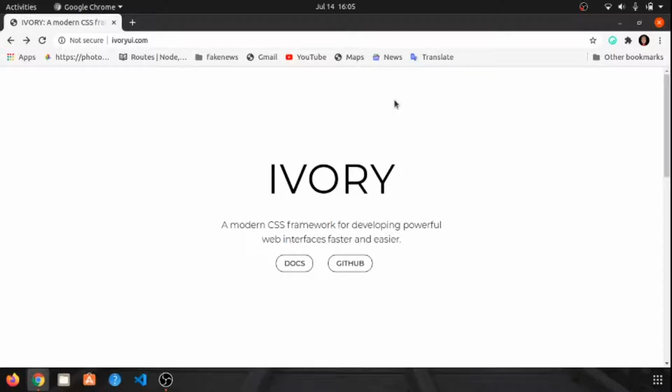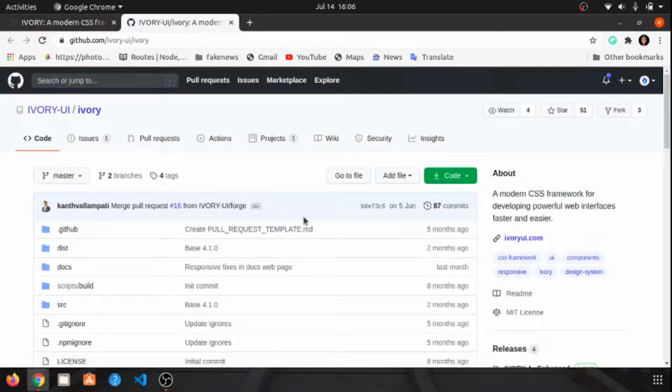So Ivory is a modern CSS framework and it's very good to develop powerful web interfaces very fast and easily. So let's go to their GitHub repository where the project is open sourced,